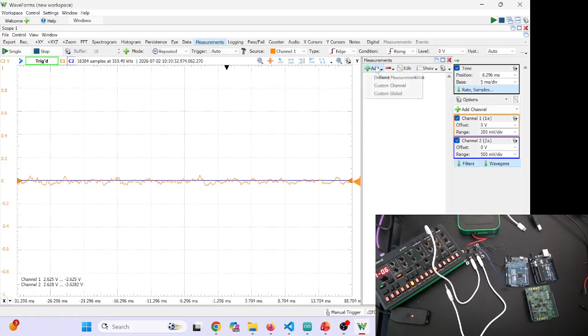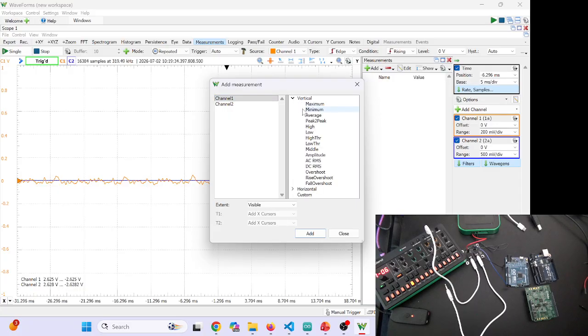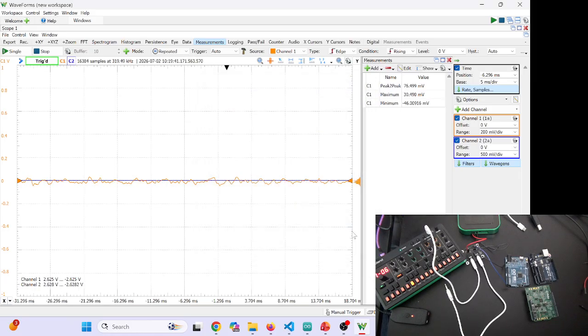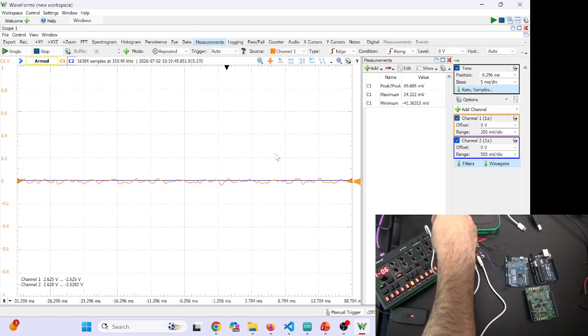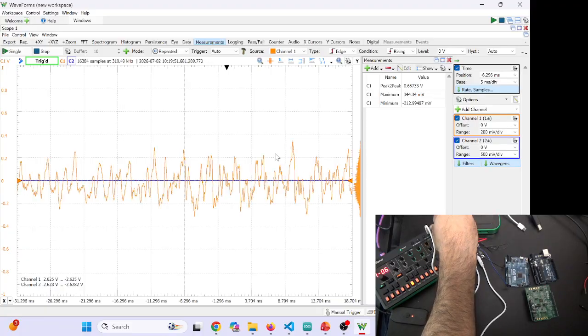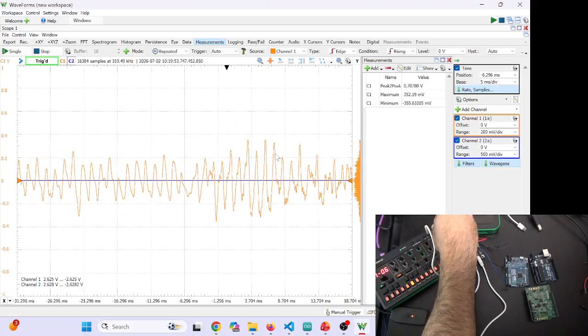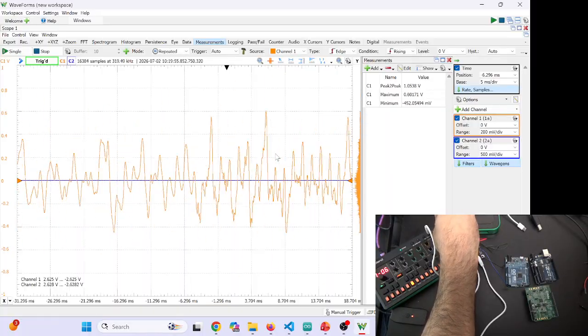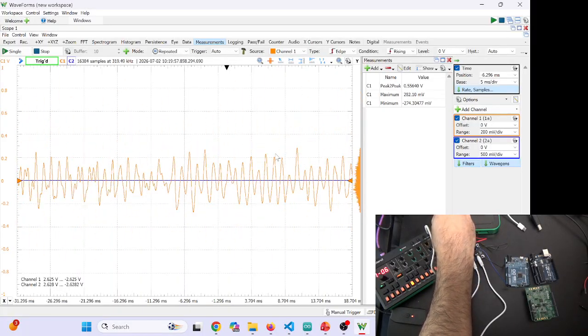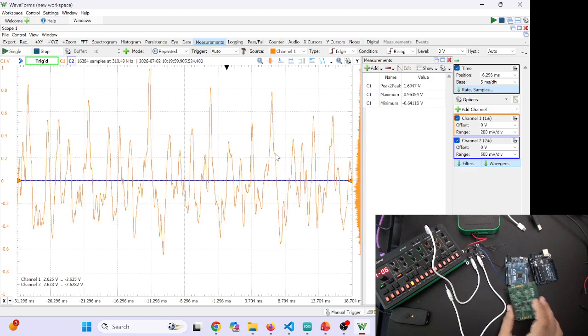So let's go to measures and get some values out of these. Alright, minimum, maximum, and average. So it's below 1 volt peak to peak. Just for the sake of demonstration, I'm going to increase the volume so you can see these coming out. Alright, so even going all the way up, this is still a safe value to put inside of the OTC2312,